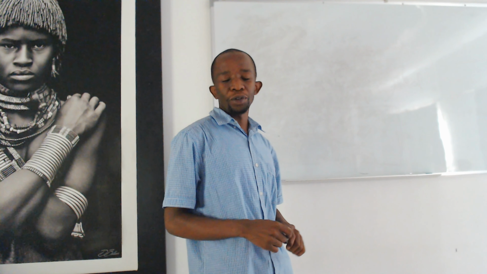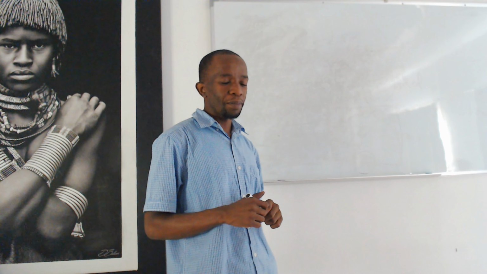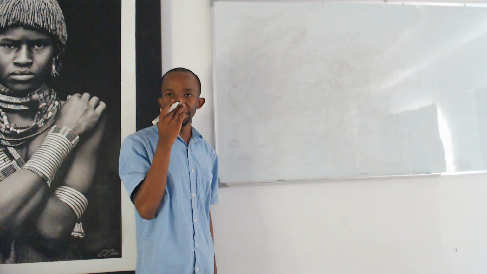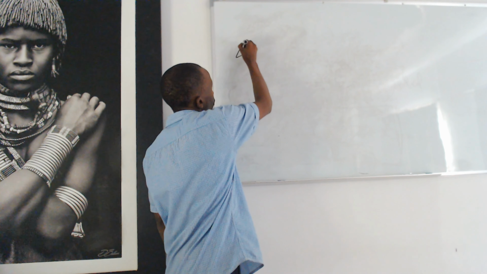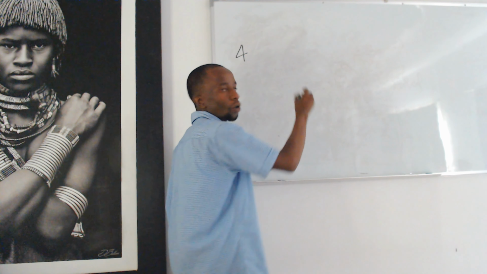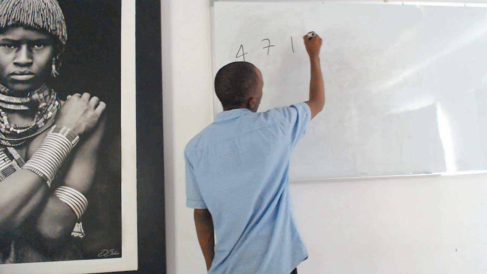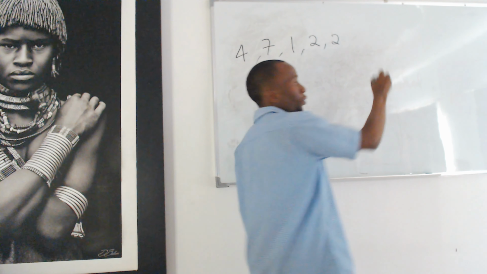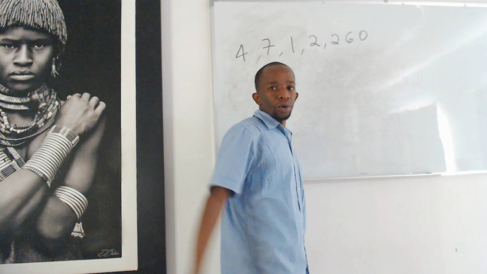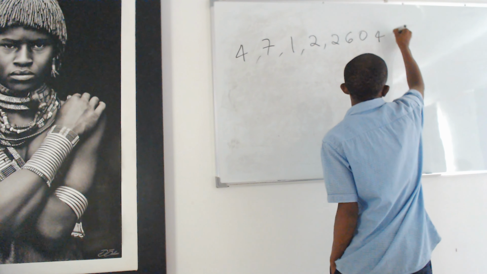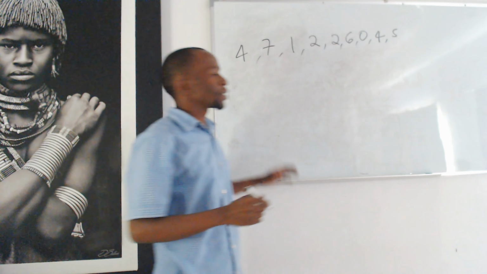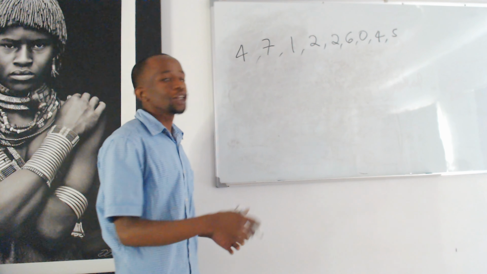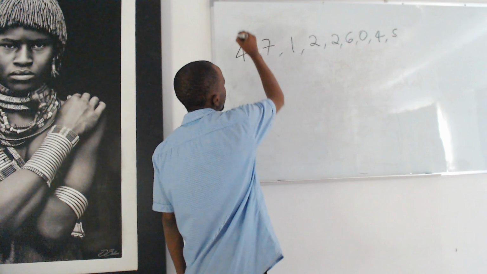Now our final example for today, a little bit more complex. Let us assume that you have a certain data set. Let's say you have 4, 7, 1, 2, 2, 6, 0, 4, 5. Right? So let's say that you are given those figures as your data set, and you are asked to find